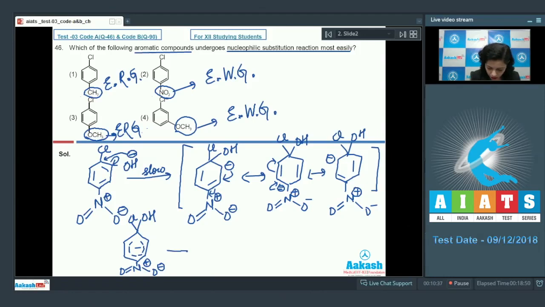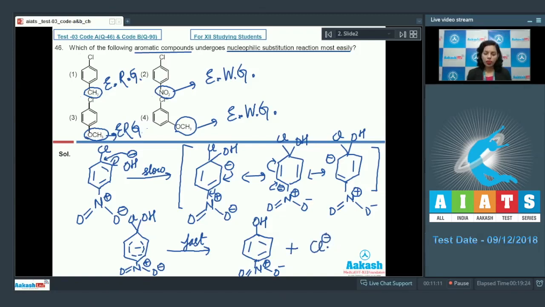This would be, and further, in the fast step, there is the formation of the product. This would be the product here, along with that